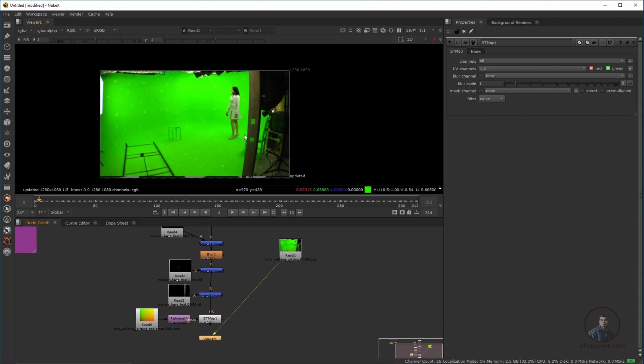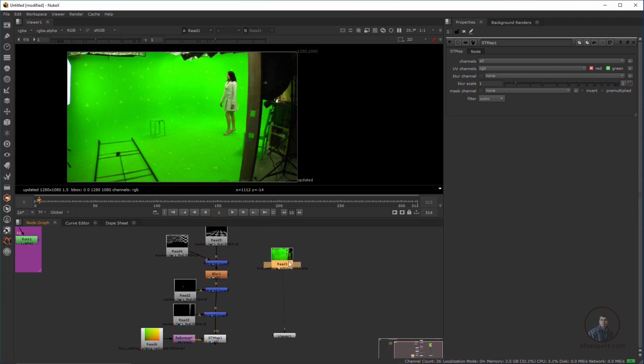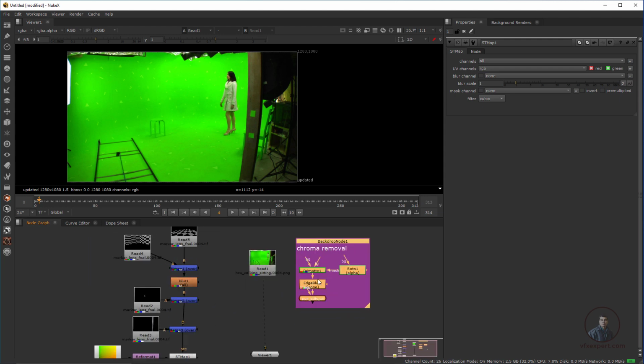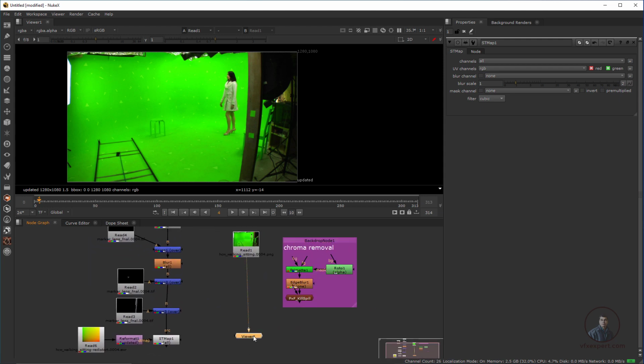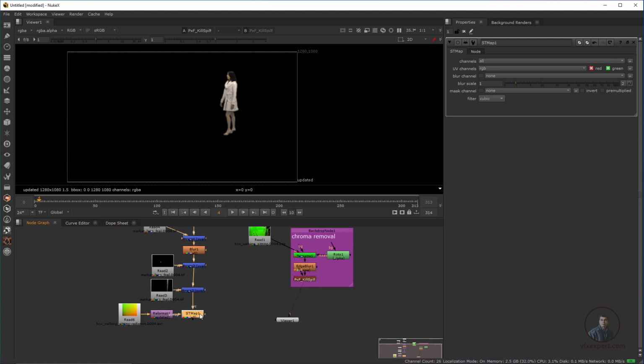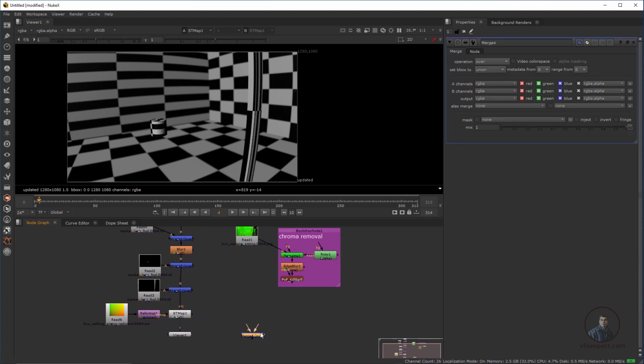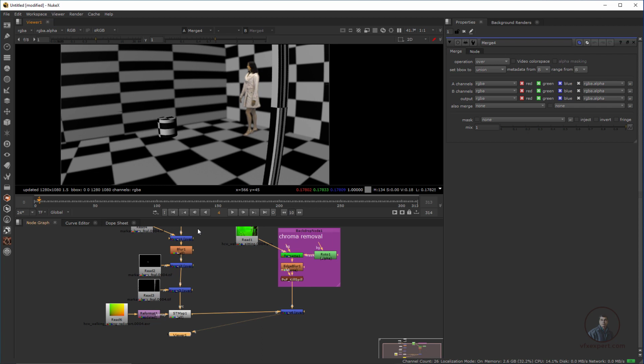Now finally I am going to composite this shot. You can see this is our original shot. I am going to remove this chroma a little bit, and I have already removed it here. This is our setup here. Simply connect it here. This is our foreground. Now in this compositing, select this one, press 1 and take a Merge node, press M. This will be our background and this will be our foreground. Now you can see this is our final compositing.